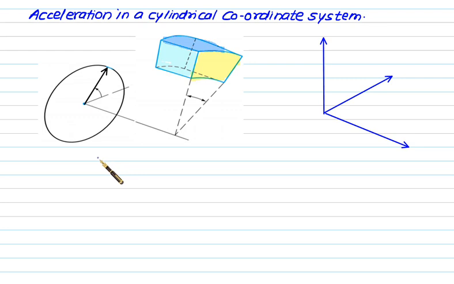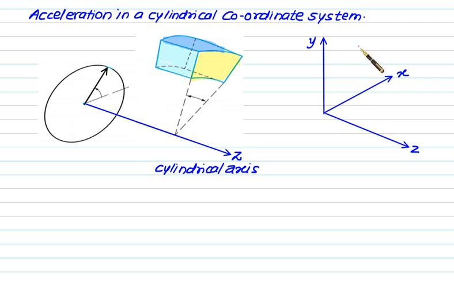This time we will discuss how to find acceleration along the three directions in a cylindrical coordinate system, that is r, theta and z. So this one is our conventional axis: this one is our x axis, this one is our y axis, and this one is our z axis. Here I have developed one cylindrical element in the same Cartesian system. This axis is the axis of the cylinder, called the cylindrical axis. This one is the z axis, and this axis is the same as the cylindrical axis. In this xy plane we will consider one point which has coordinates r, theta and z.